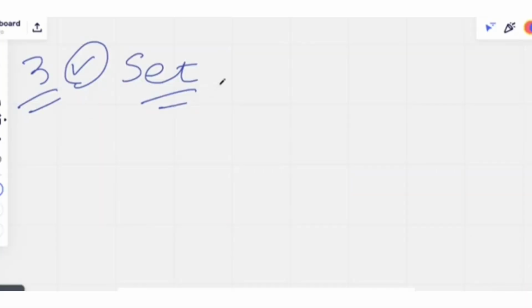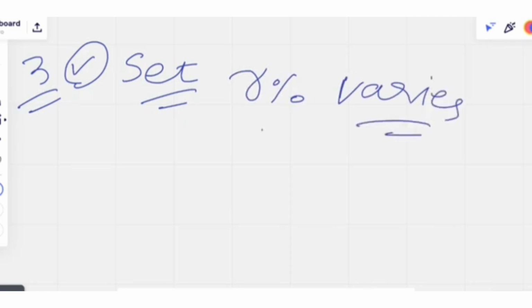When rate of interest is different for different time periods. So what they are saying, third set of problem is, rate of interest varies for different time periods. Okay. So for example, let's write